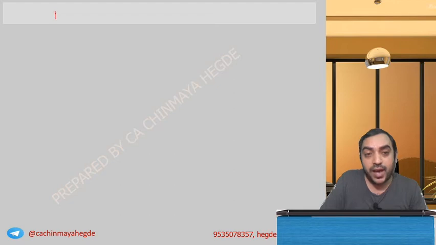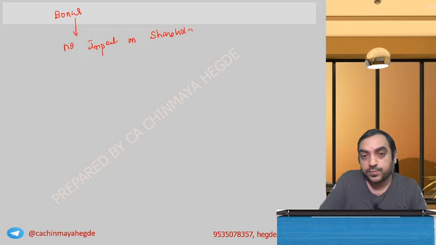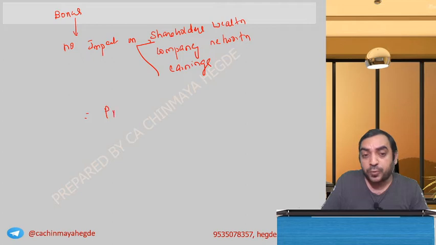So the bonus impact is no impact on shareholders' wealth, or company net worth, or on earnings. No impact. So when the formula is profit after tax divided by number of shares,